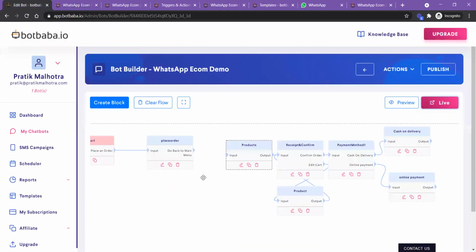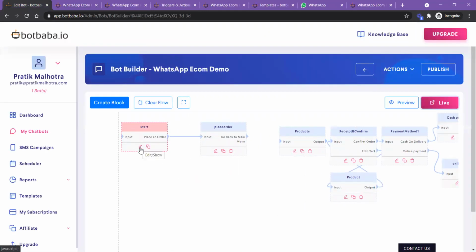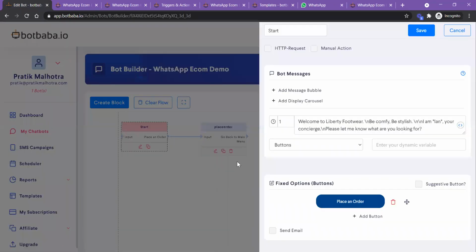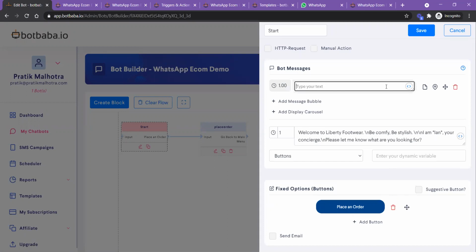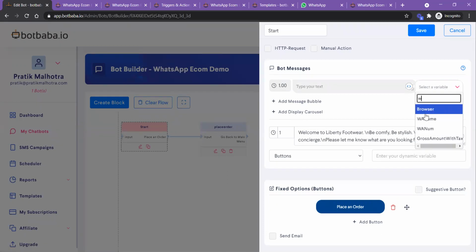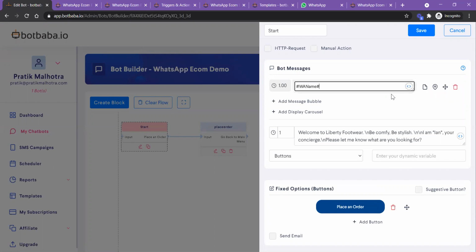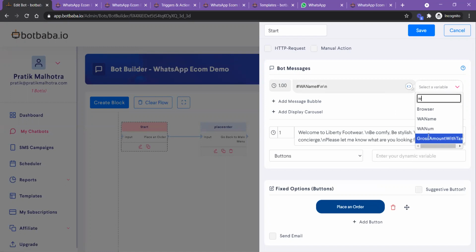Another thing which I would want to highlight here from WhatsApp's perspective is this is a general query for everyone, like how to get the WhatsApp name and WhatsApp number of the user. So guys, there is a global variable for that, WhatsApp WA name, and let me just print it, WA num.